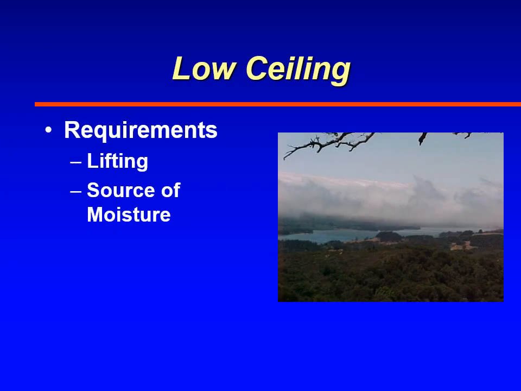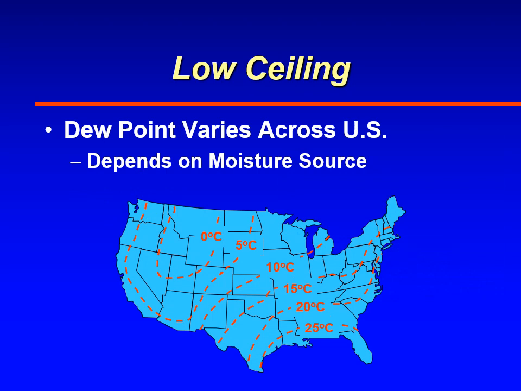First, low ceilings. Of course, to get low ceilings, you need a source of moisture and also some sort of lifting action to get the air to rise and cool. So wherever you find those two things, that's where you're going to find most low ceilings. Now, as far as moisture, it varies across the United States, but generally speaking, you have moisture conditions along the Gulf Coast and the East Coast of the United States, and as you move inland to the Intermountain West, it's drier. So that would mean that you would probably have more frequent clouds along the Gulf Coast, and also probably